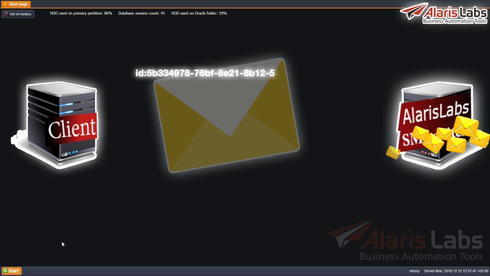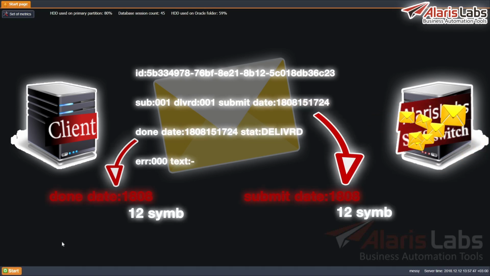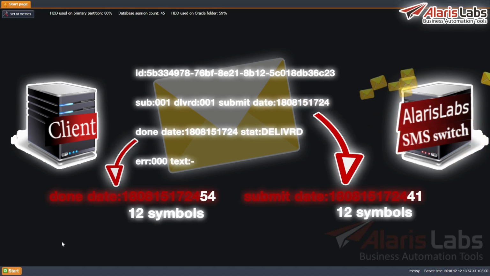It is now possible to add seconds to the fields of the deliver SM packet which you can see on the screen. To enable this, contact the Alaris technical support team, specify the list of the client channel IDs, and communicate the code